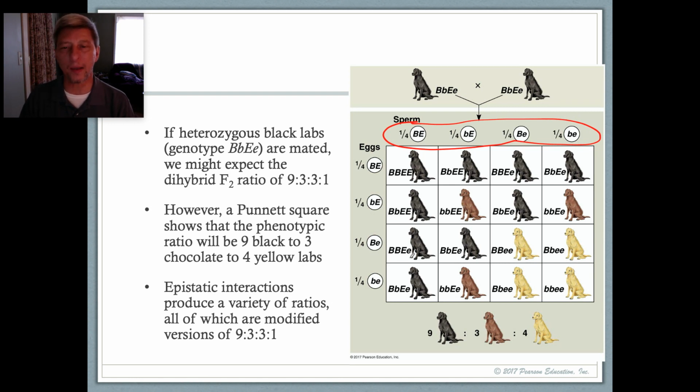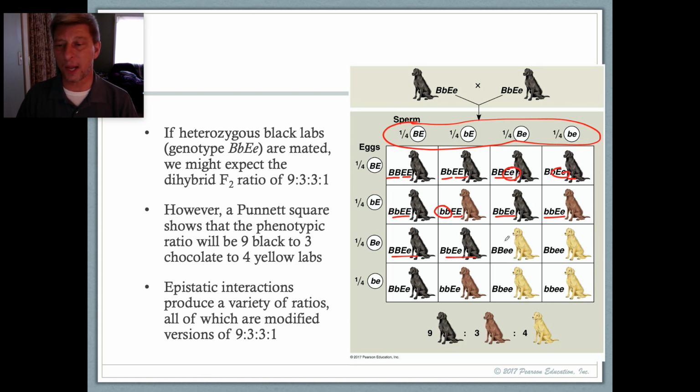And when you put them together, you see, well, this dog should be black, and because it's got a dominant allele, it is black. This dog should be black. It's got the dominant E allele, so it's black. And so same for these two. All right, even though in this case and this case, you've only got one copy of the dominant E allele. Same thing is true for this one. But here, now I've got two recessive alleles for brown coat, but the pigment in the hair is there, so it's a brown lab. Another black lab, another brown lab, black, black, and then here, this is where the other